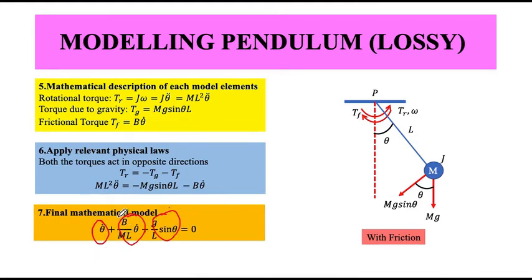So this is my kinetic term, this is my potential energy term, and this is the frictional element. If you really want to relate to mass, spring and damper kind of systems, think of another electrical example which exhibits behavior like this, a lossless behavior combined with a dissipative element. Think of it.